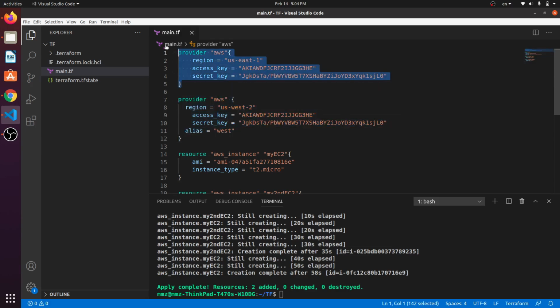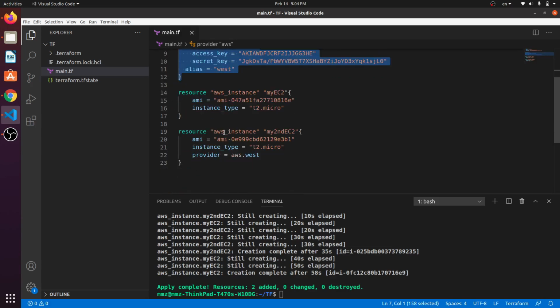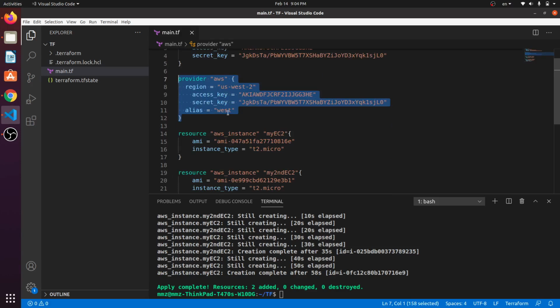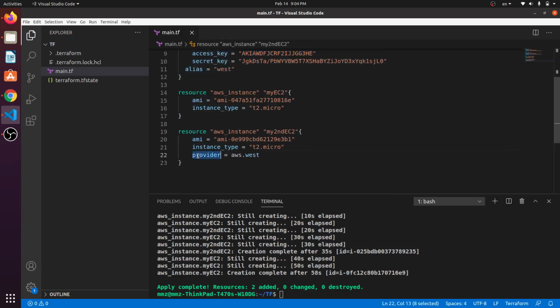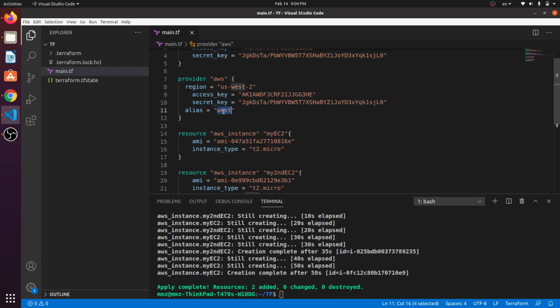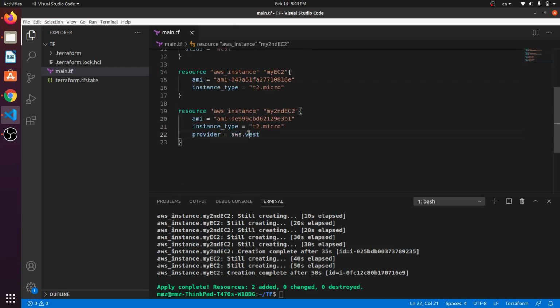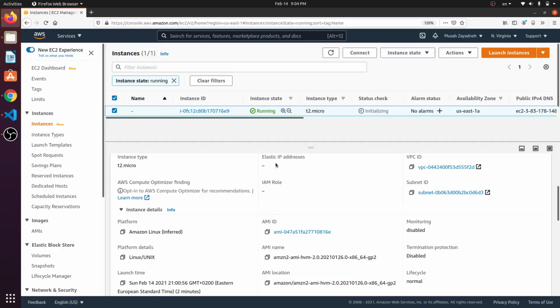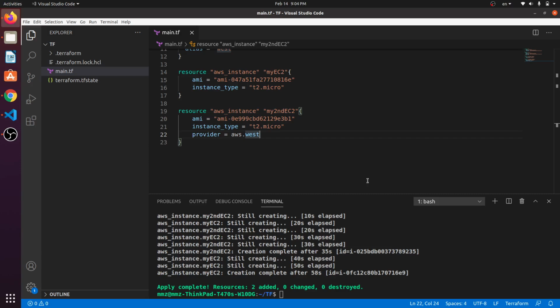This is the default provider, and this is the secondary provider, and we will use this specific provider by using the argument provider and giving it the value of aws.west, which is the name of the alias. Okay, so aws.west. Then initialize, apply, and you can see it is here as expected. Now it's time to destroy it. So terraform destroy, and yes,